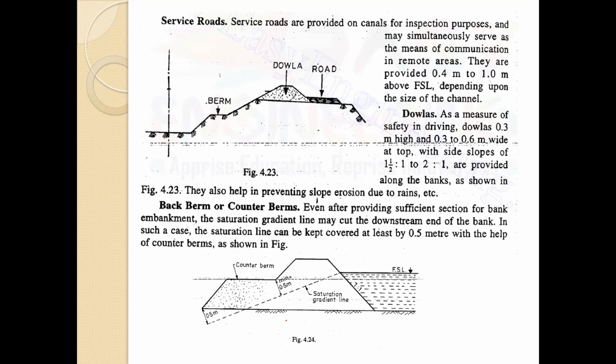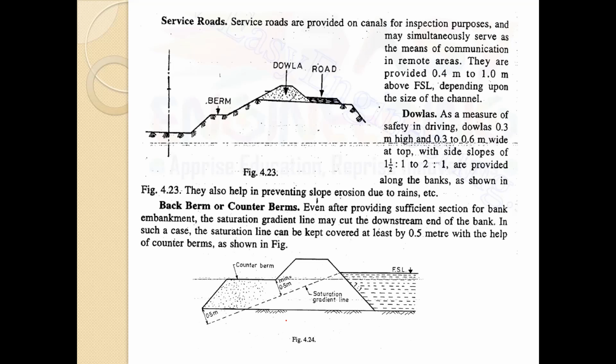Now the service roads. Service roads are provided on the canal for inspection purpose and may simultaneously serve as a means of communication for remote areas. They are provided 0.4 to 1 meter above the full supply level, that is FSL, depending upon the size of the channel. So you might have seen near the channels we have so many service roads, and the people living in that particular area are using it as a communication or for reaching the